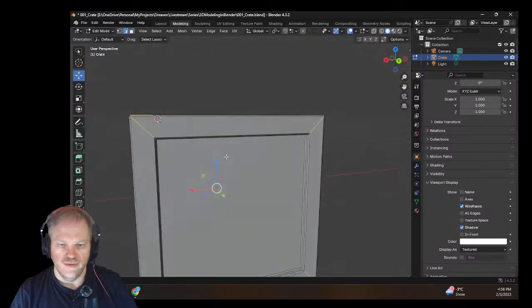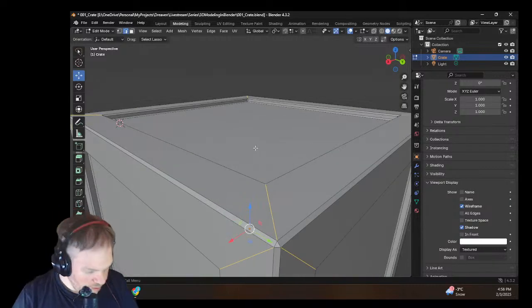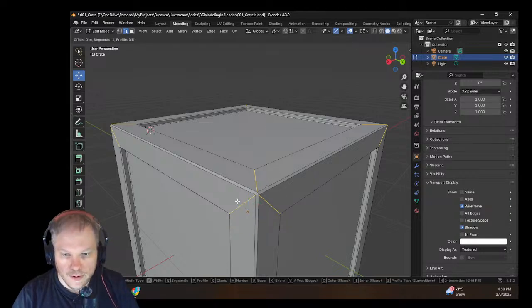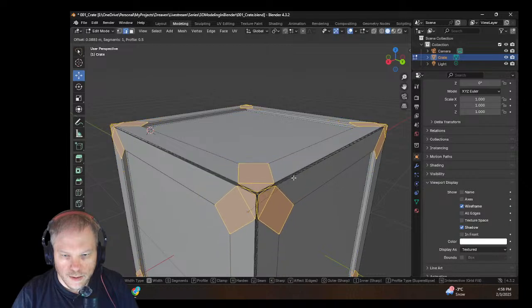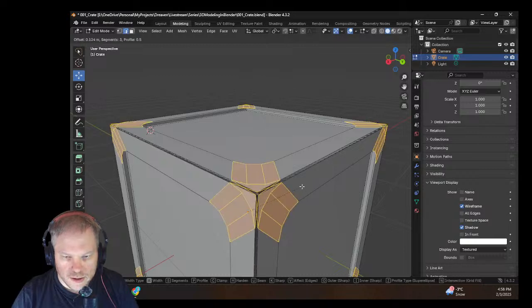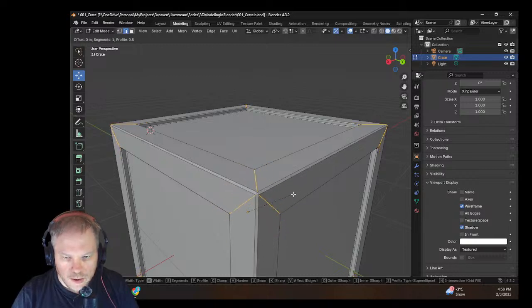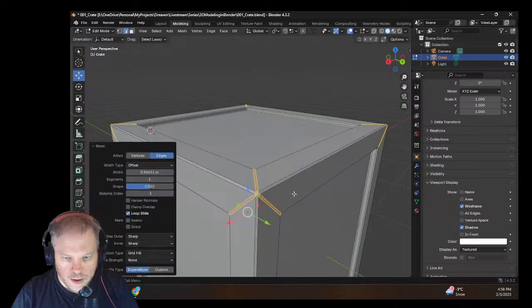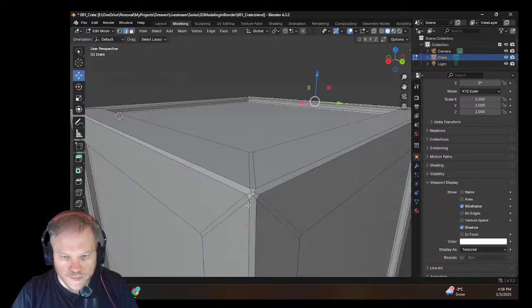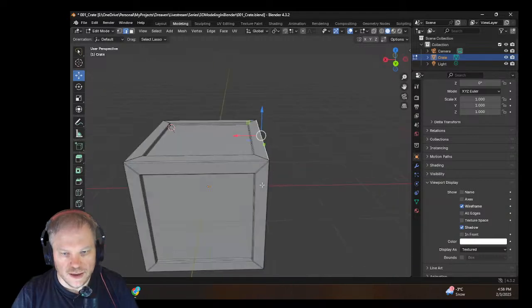Code. So, bevel. Control B. Don't want that many bevels. And then the reason why it's cursed is that I need to correct this now. Maybe it's better that way